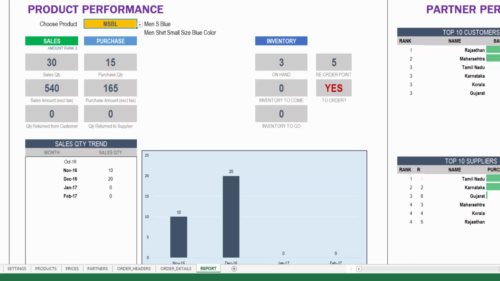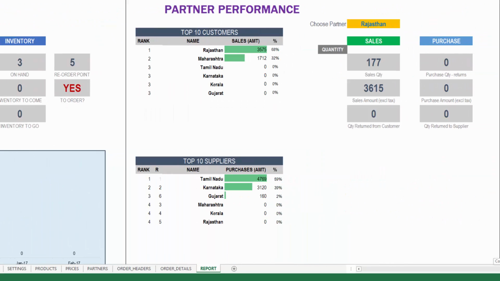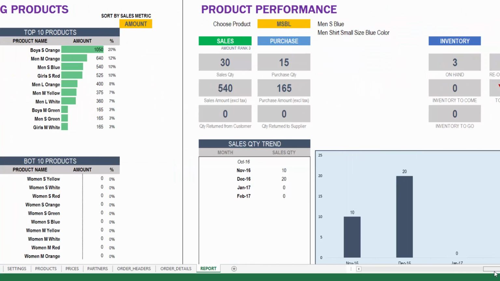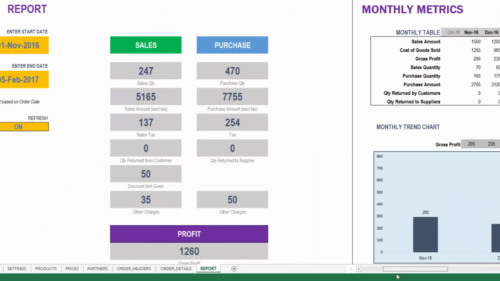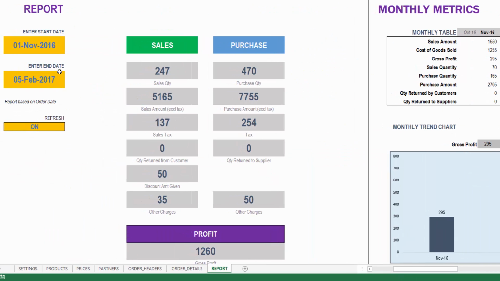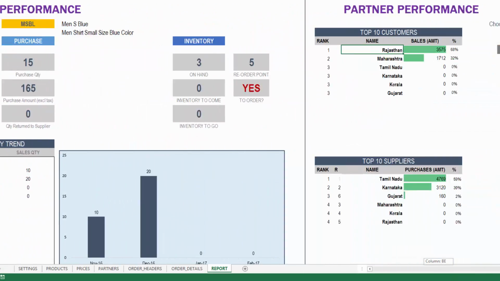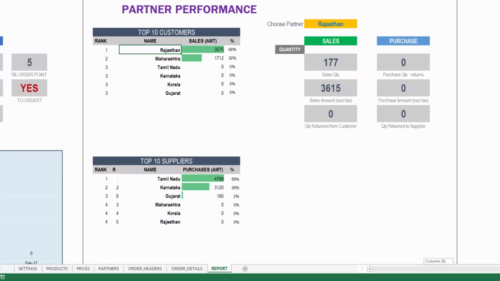for the chosen product. And then finally, the partner performance allows you to see the top 10 customers in your business, top 10 suppliers, and these reflect the dates that we have chosen in our report sheet at the beginning. So the dates that we have entered here will control all of the charts and tables we see. So you are able to get to exactly what you want for the time frame that you want for your